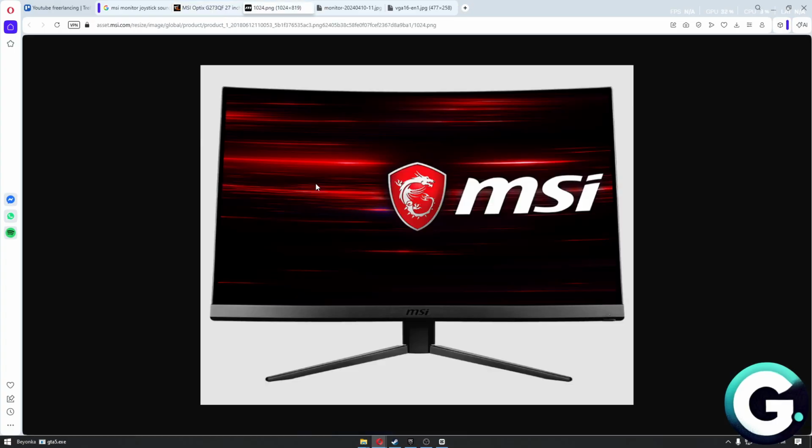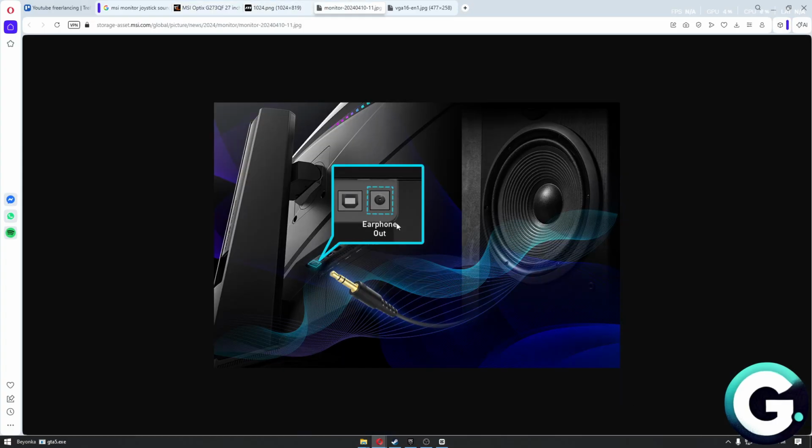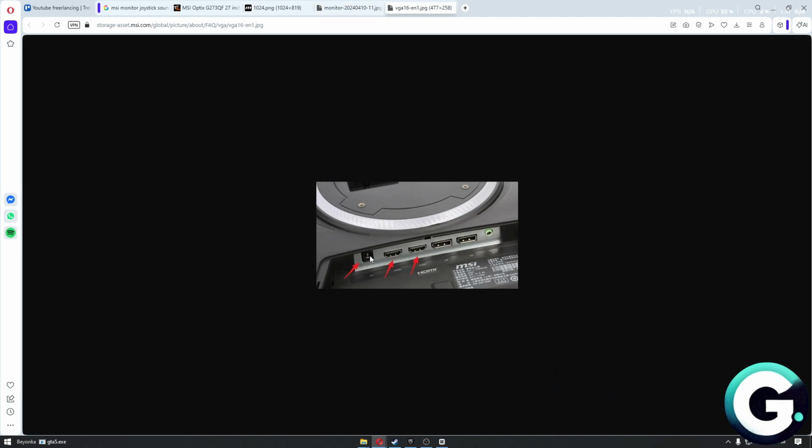After that, you then want to navigate through the back of your monitor and you want to find this audio out plug right here. It's going to be similar to something like this where it says audio out and it has the green color. And after plugging in your earphones or your sound output,